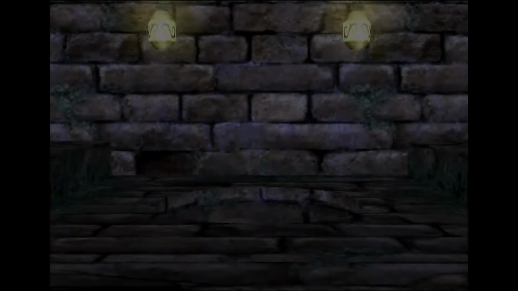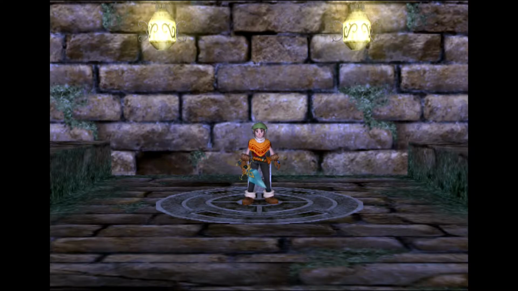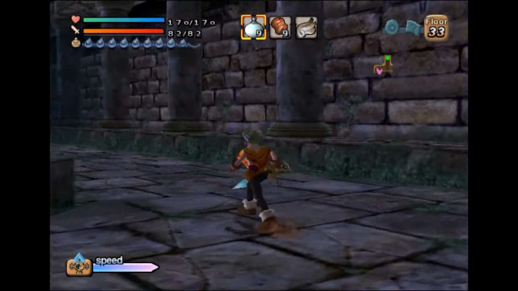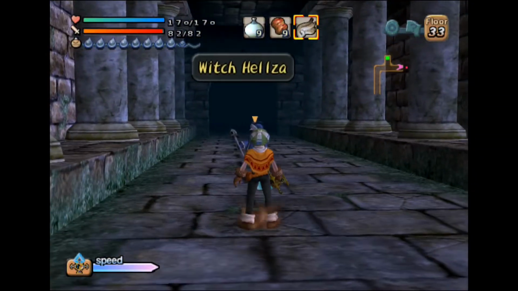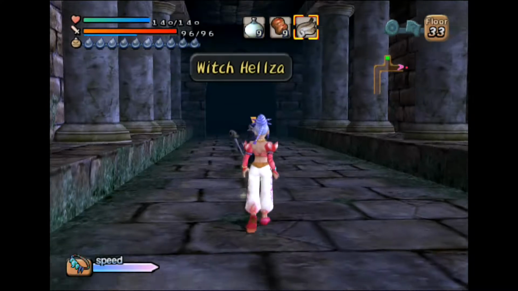Floor 33. So I'm going to be using Goro and Ruby here, because their weapons are fairly close to leveling up, from what I saw when I was restocking and stuff. So let's go this way first. Well, actually, that's a pretty long hallway, isn't it? Is this shorter? Maybe it is, maybe it isn't. Let's see if I can